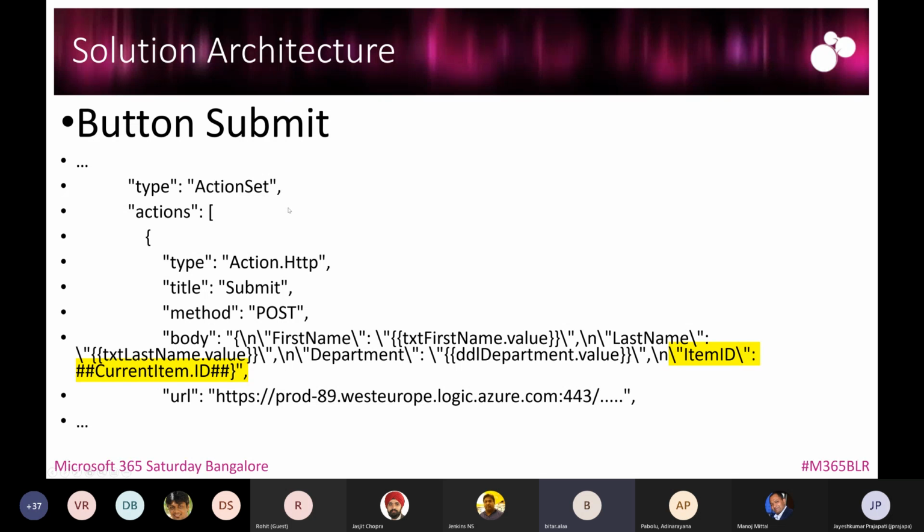is of type action set, and in the action property, you define what the button will do. So it will do an HTTP. The label will be submit. It will trigger a post method, and the body. In the body, it is the content that the HTTP post will have when it's triggered. So here we are saying that in the body I will have a first name, a last name, and a department, and the value will be txt first name value, txt last name value, and the department